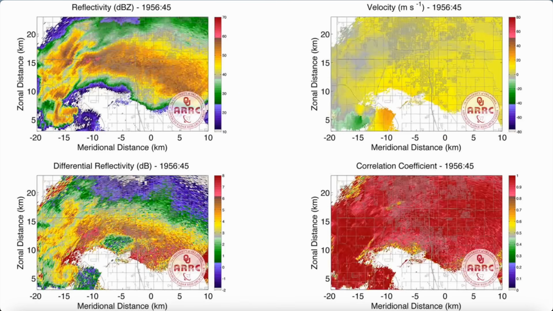I'll put a link to this animation in the description below, as this is some of the highest resolution, closest range data of a violent tornado you'll ever see. On the top left is reflectivity, top right is velocity, bottom left is differential reflectivity, and the bottom right is